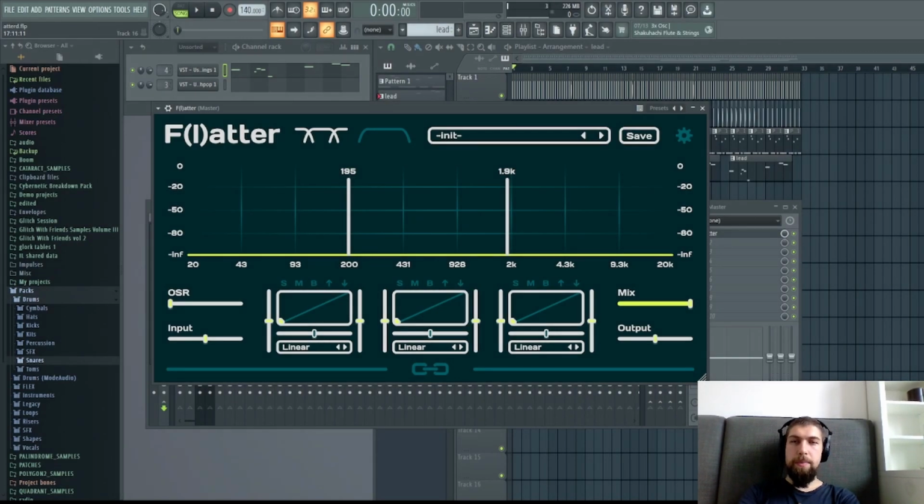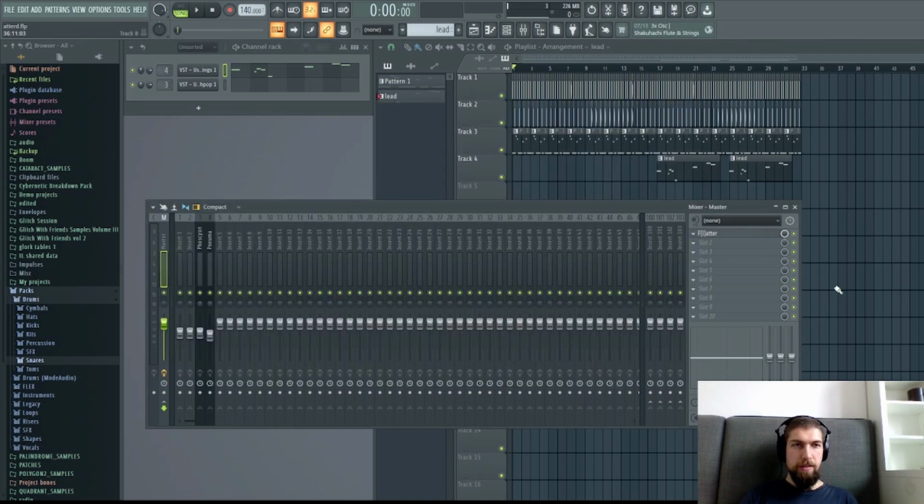It's a multi-band distortion plugin similar to Fire. It is not free, but in my opinion it's very much worth the shot, and let me try to show you and persuade why. So what we have here, I'll bypass this thing right now. This is a track, I made it quickly, slapped everything together, and